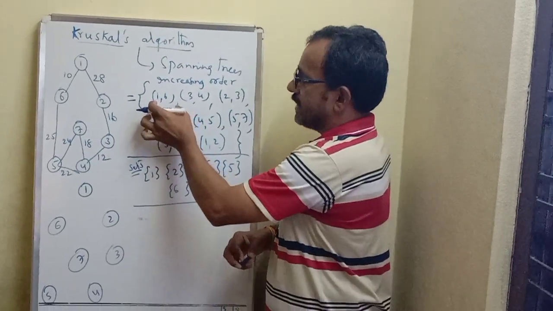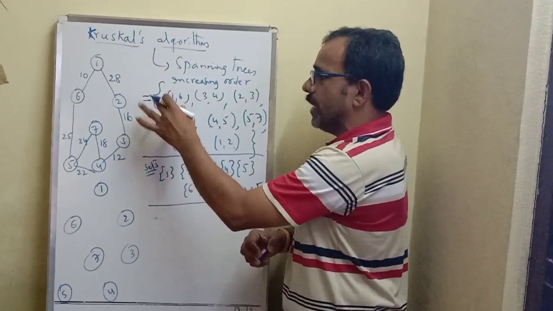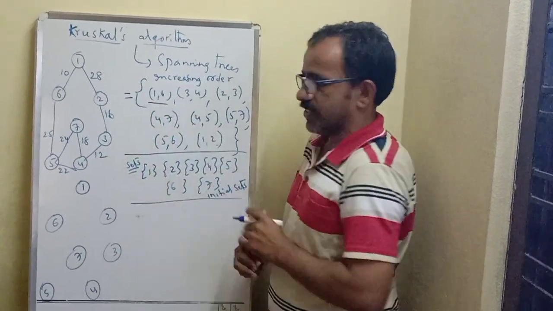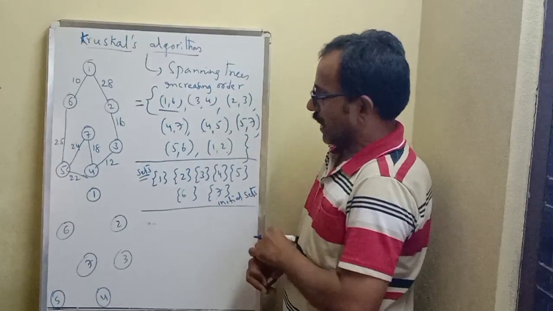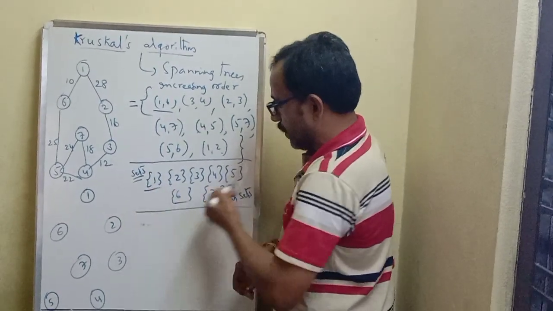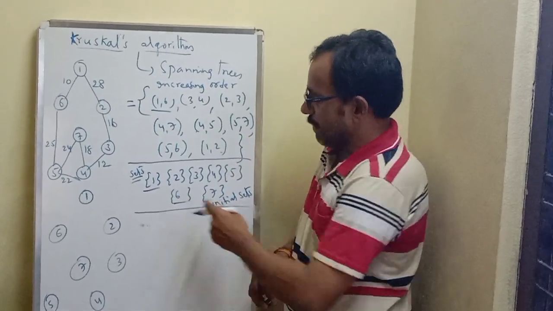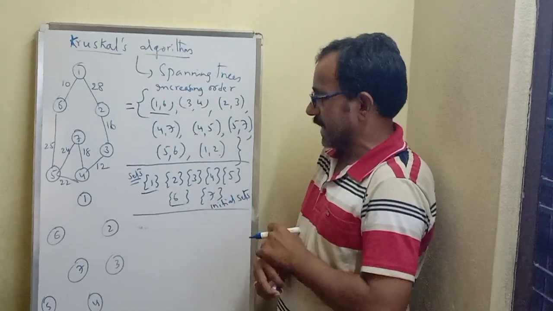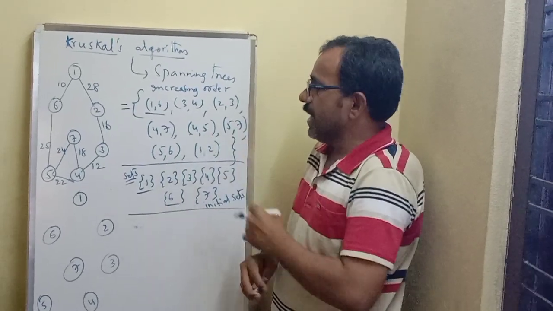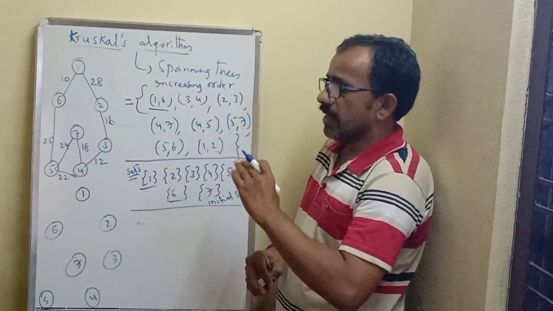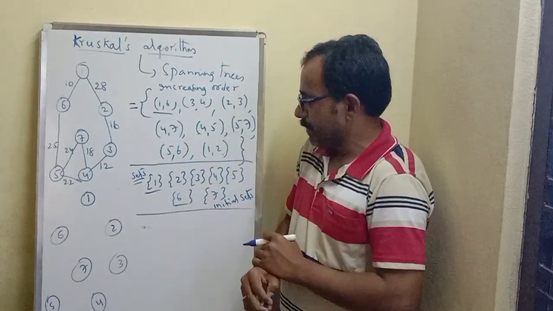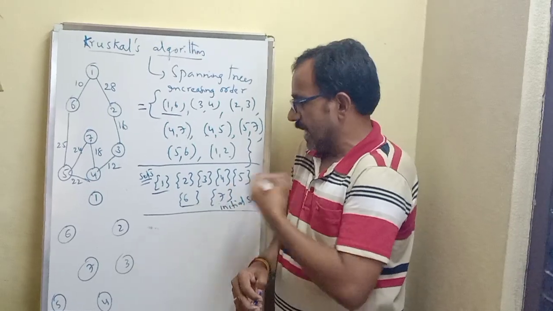The first edge is ultimately the lowest cost edge in the spanning tree. First select 1 comma 6. Now verify whether 1 and 6 are in the same set in the set structure or not. They are not in the same set, because 1 is in one set and 6 is in another set. The principle is that after selecting an edge, we need to immediately verify whether including that edge forms a cycle or not. We can verify the cycle case like this.